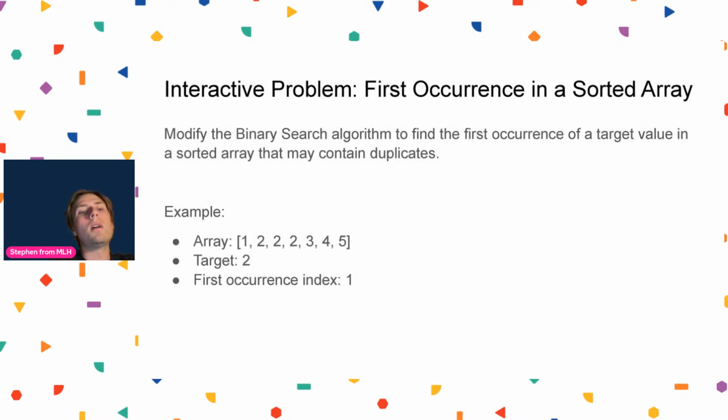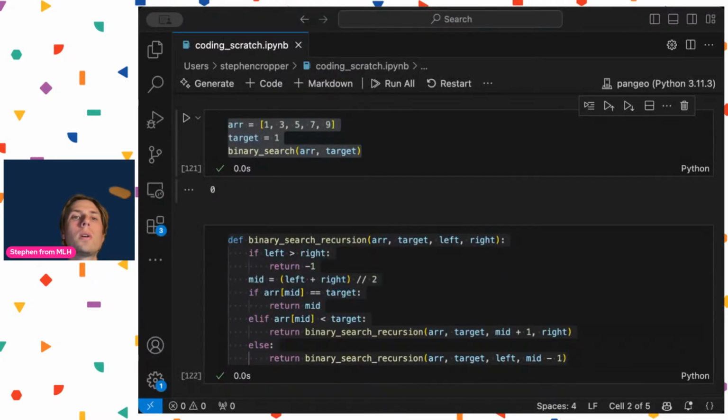In our first example, we did not really consider the possibility that there could be duplicate values in the list. Now we're going to consider that explicitly. So if you go back to our code,